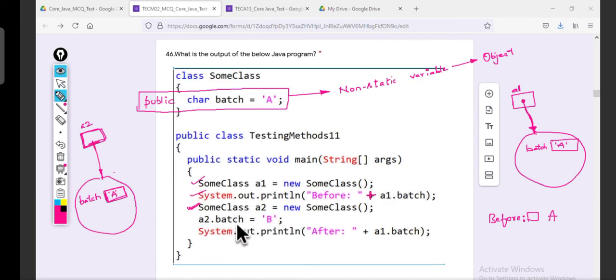A2 dot batch equal to B. Any changes made to a non-static variable, will it affect the whole class? Will it affect all objects? Will it affect only the same object?